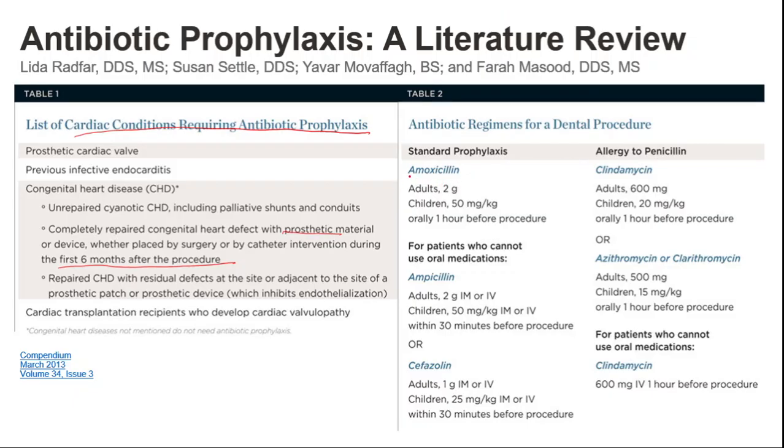So usually, amoxicillin is prescribed. But for those who are allergic to amoxicillin, the other options are clindamycin, azithromycin, your Z-Pack, or clarithromycin. Okay. Now, for patients who cannot use oral medications, they can be given ampicillin, either IM or IV, or cefazolin, again, either IM or IV. For those patients who are allergic to penicillins but cannot take oral medications, then IV clindamycin 1 hour before